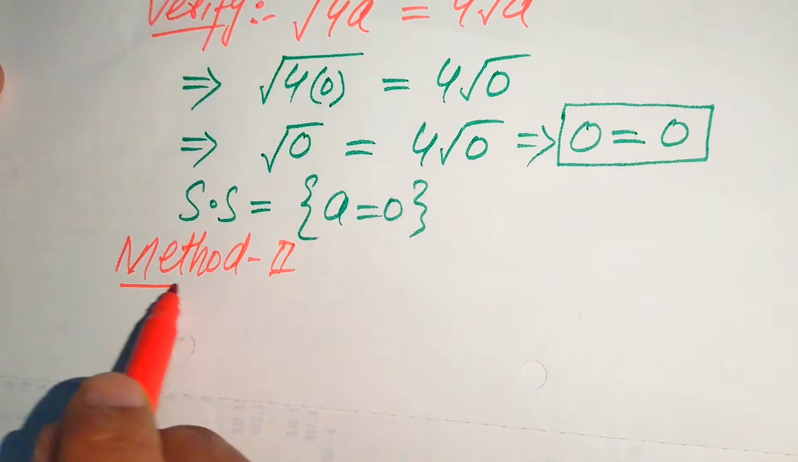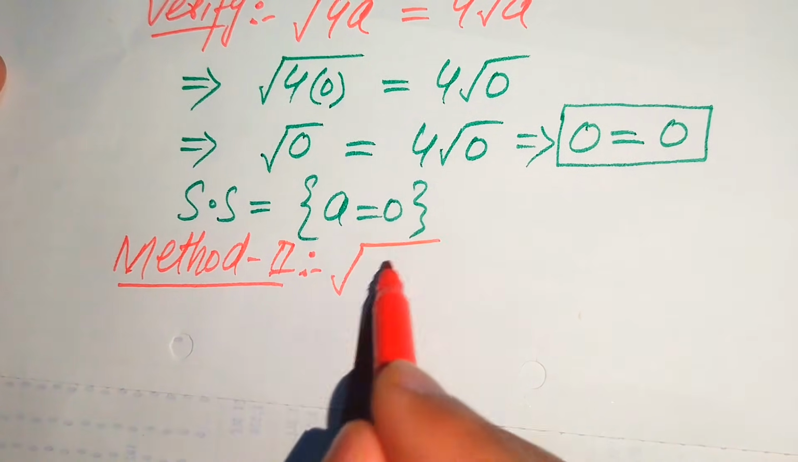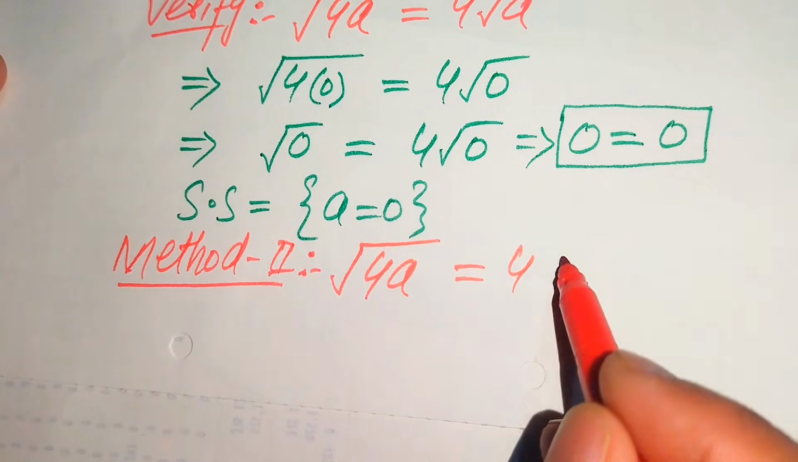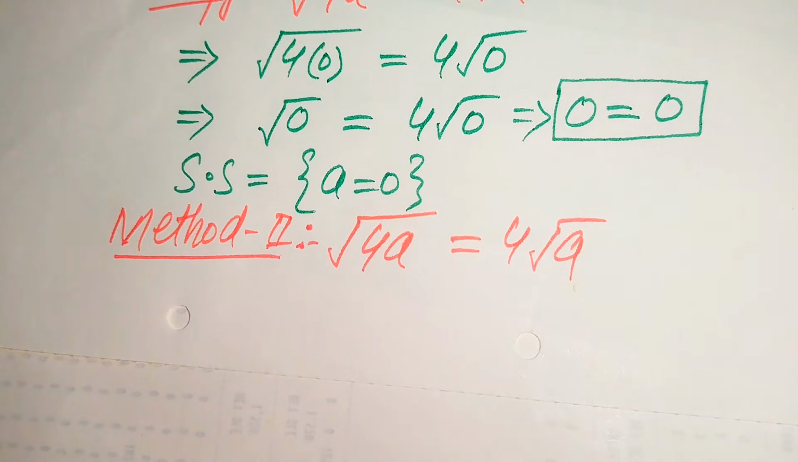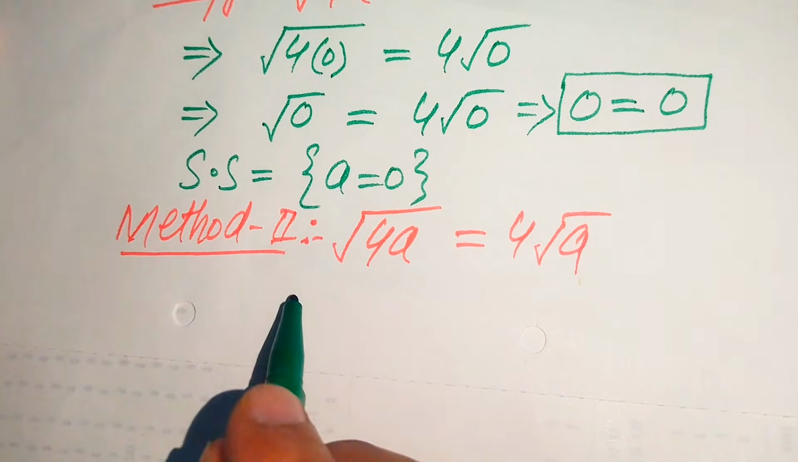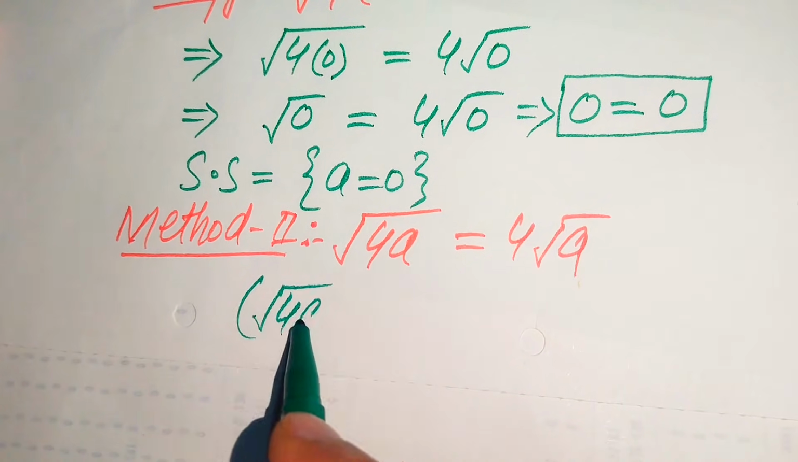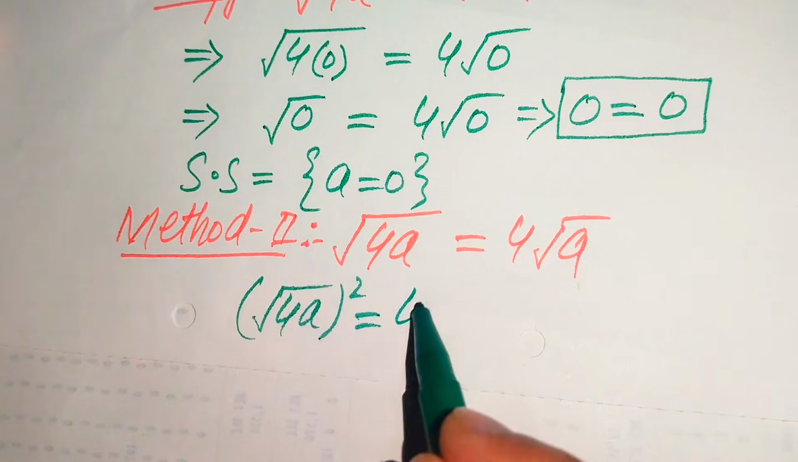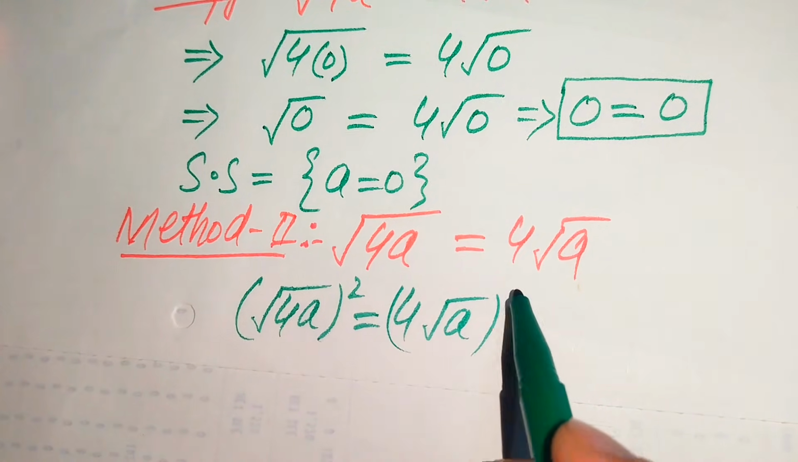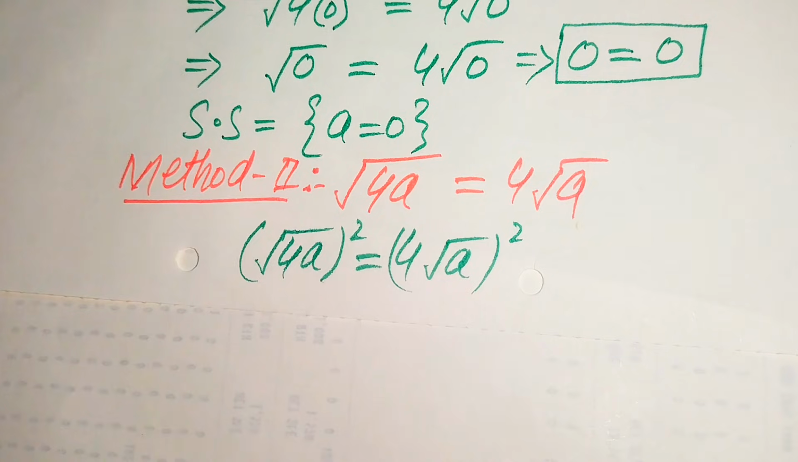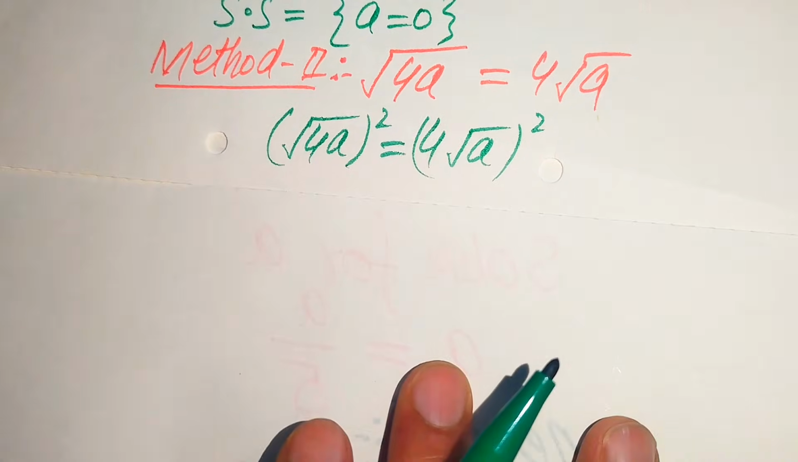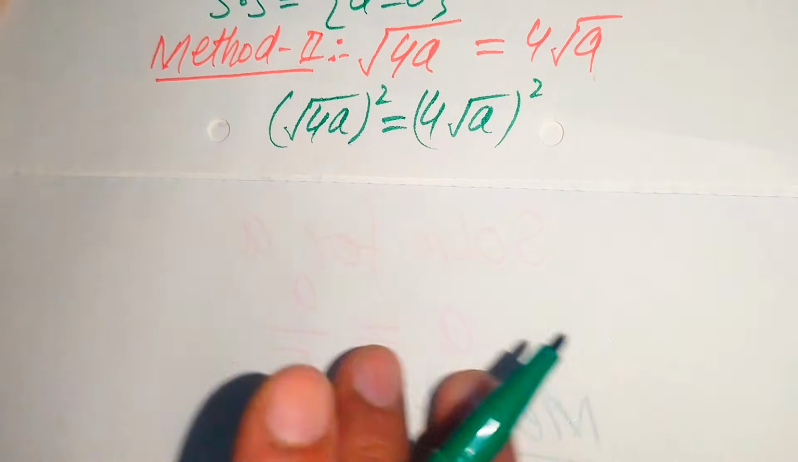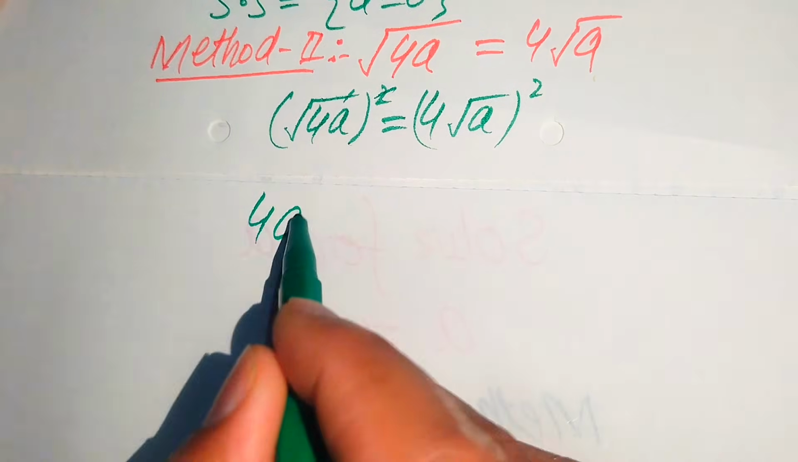For the second method, we copy down the given question statement: the square root of 4a equals 4 times the square root of a. Here in the second method, we first remove the square root sign from both of the sides and then get the roots of this equation. For this we apply squaring on both of the sides, and it is written as 4 times the square root of a, whole squared. In the next step we need more simplification. The 2 and the square root are gone on the left, and we get 4a equals the square of 4,